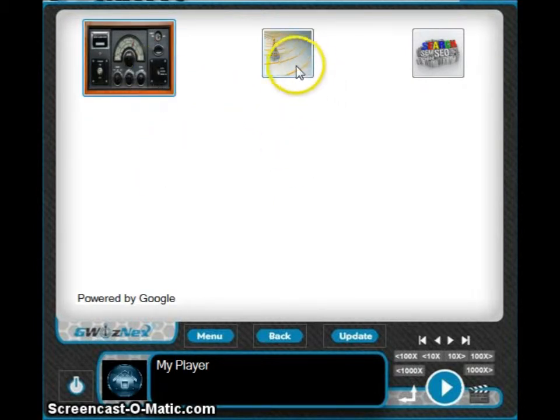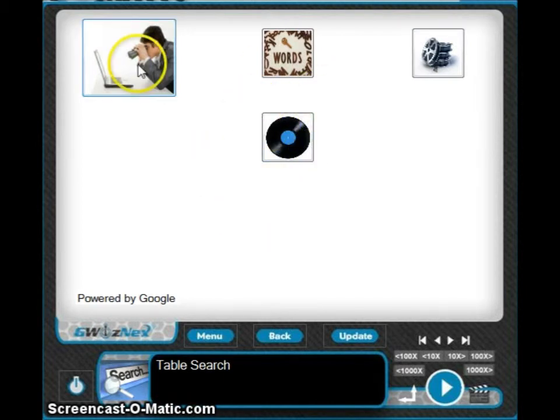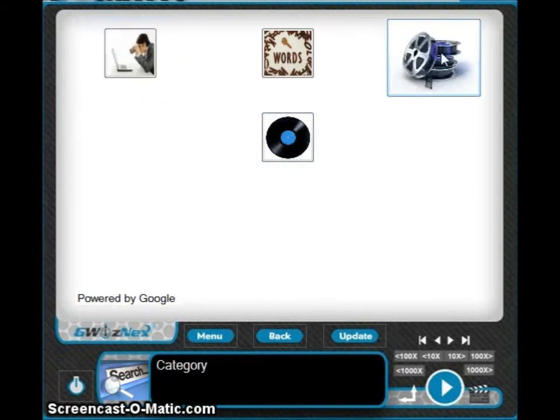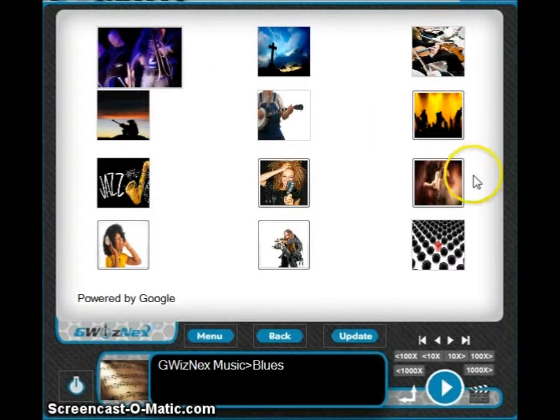Okay, so if you click, for example, the GWizNex player, then you'll see you have three options here: search, and of course this one's a text, and this one is to go to the GWizNex website, and we don't particularly want to do that. So what we'll do is search, and then you have the playlist or table search, keywords, albums, and the video category search, which is really the best way to do it. So if you click music,